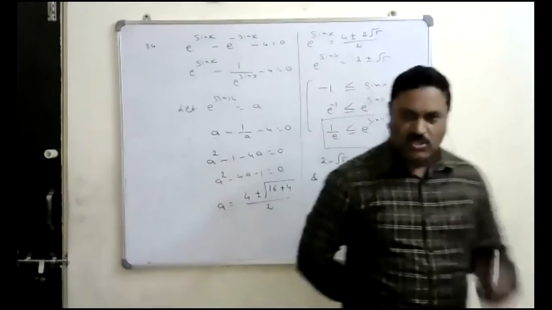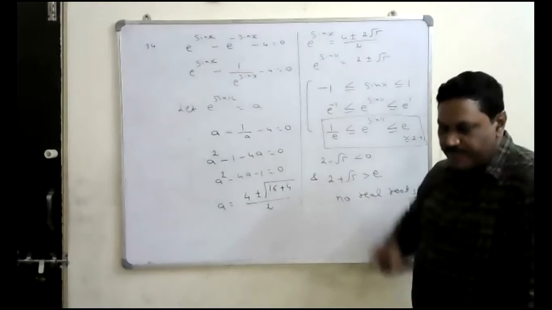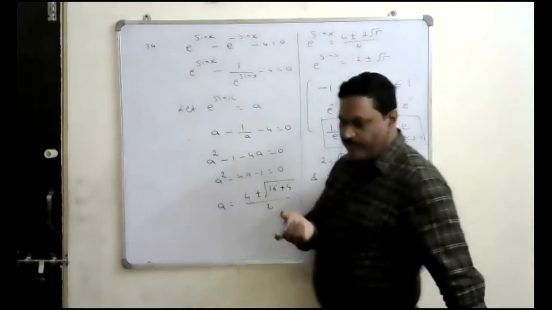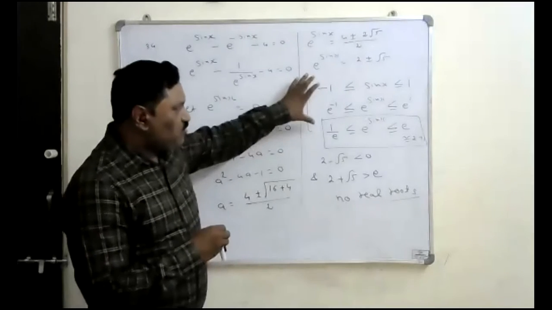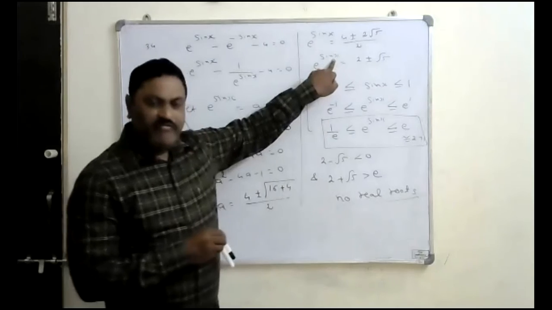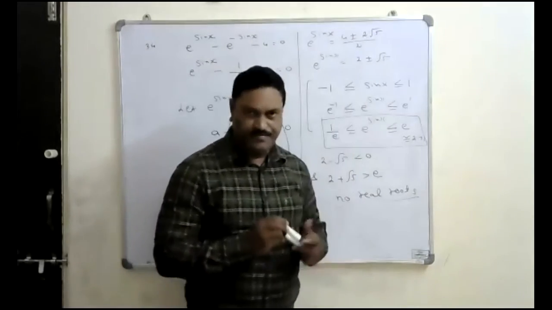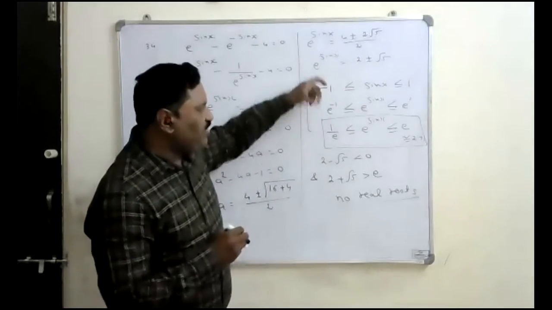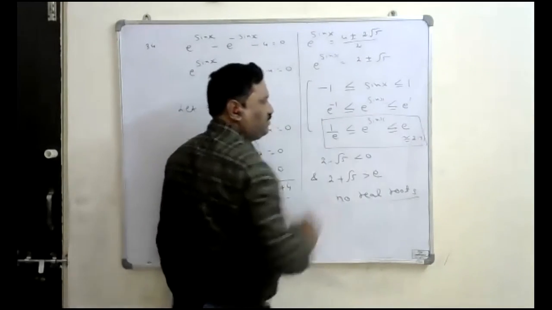तो हमको क्वाड्रेटिक इक्वेशन सॉल्व करने के बाद e पावर sin x के लिए दो वैल्यू मिल गए, राइट? 2 प्लस और माइनस रूट 5. ये दोनों से कौन सा वैल्यू लेना पड़ेगा वो एक बार सोचना पड़ेगा. तो 2 प्लस रूट 5 है, 2 माइनस रूट 5 है, तो दोनों से कौन सा वैल्यू लेना पड़ेगा. इसके लिए हमको compulsory to know about this procedure. Since it is a sin x, we know the range of the sin x, means sin x minimum value is -1, maximum value is 1. Okay, this range we know it from our school level, and it is e power. So if you apply the e power, this is e power -1 less than or equal to e power sin x less than or equal to e power 1.